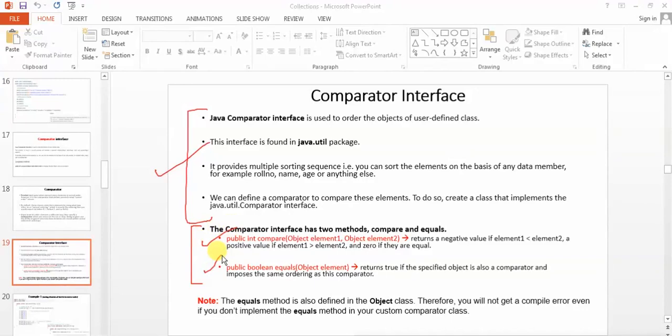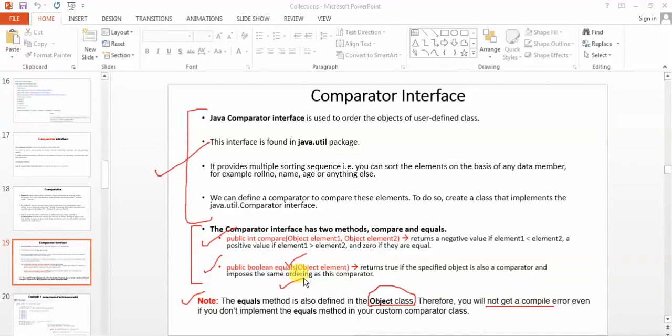But you just saw that I did not implement the equals method. How was it still working? For that you need to see this note here. The equals method is also defined by the Object class, and the Object class is inherited by all classes by default. So the Object class already implements equals, and therefore you will not get any compile error that you have not implemented the equals method.